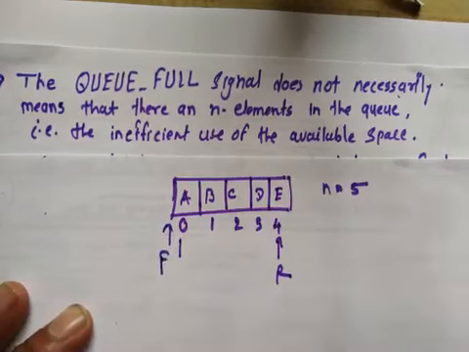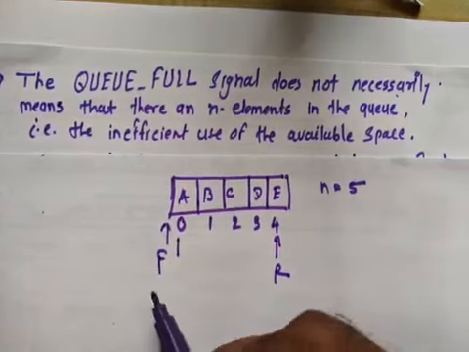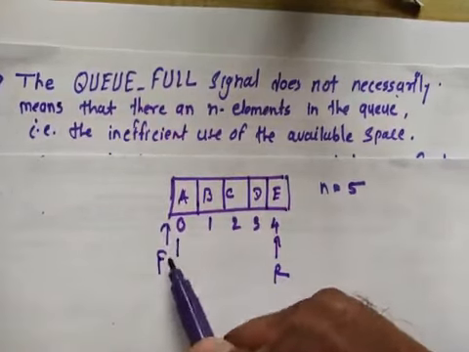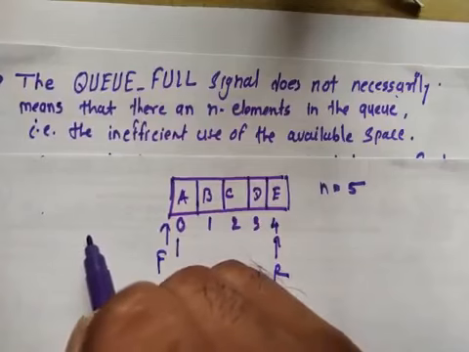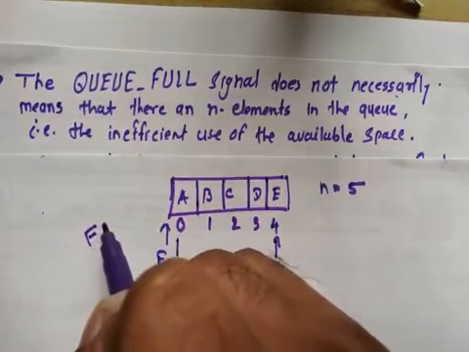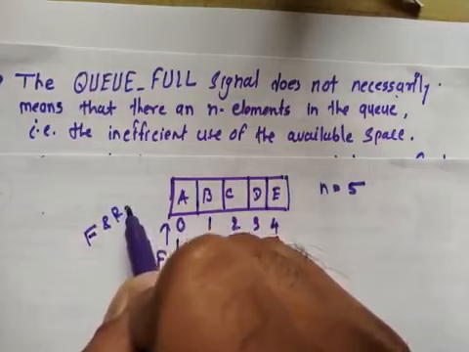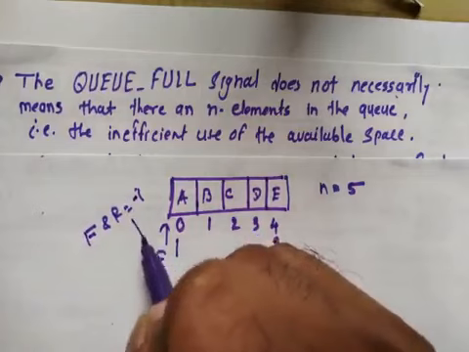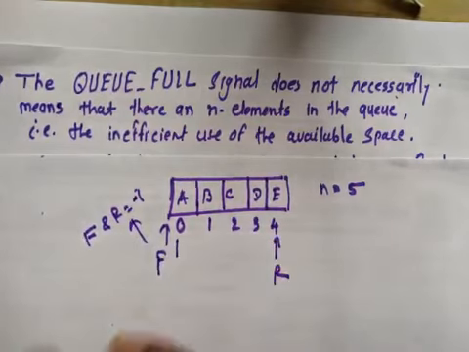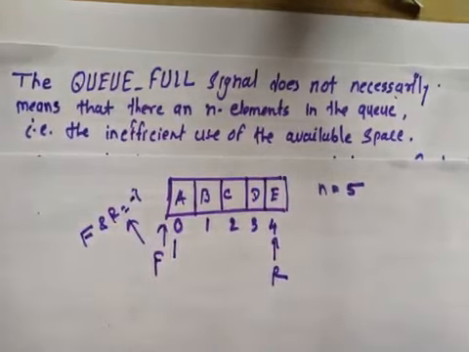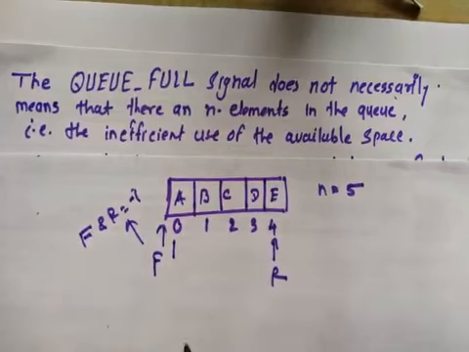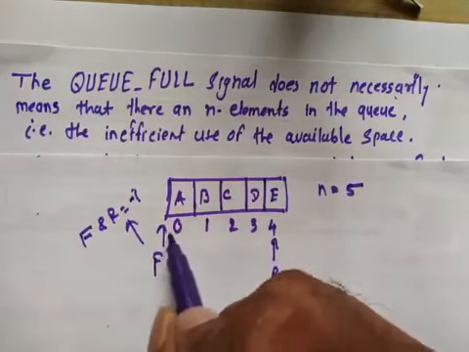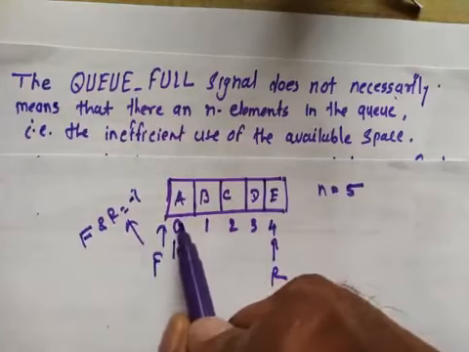Okay, so when we see the implementation phase, while implementing the linear queue we initialize our front and rear to -1. Now assume that your front is pointing to -1. Now this queue is full. If you insert an element inside this queue, it will show the queue is full message, no issue about it. But suppose now I remove one element from this, so I call the delete function.